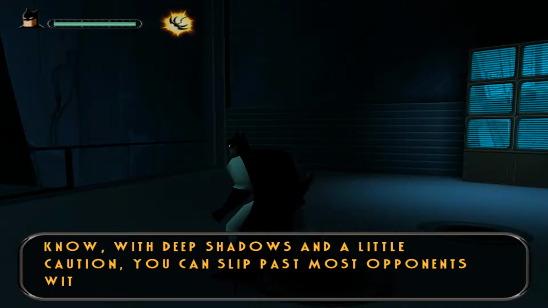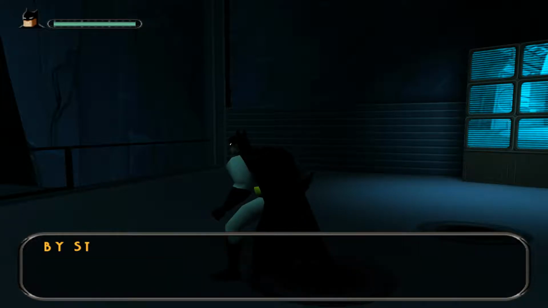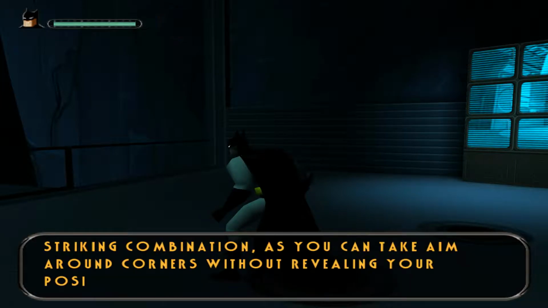As you well know, with deep shadows and a little caution, you can slip past most opponents without resorting to your fists. If you hug the walls, you'll have a better chance of staying in the shadows and out of sight. Okay. By staying close, you can peer around corners without revealing yourself. A little foresight and a batarang or two can be a striking combination, as you can take aim around corners